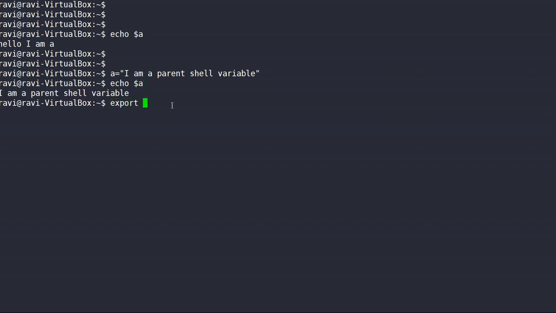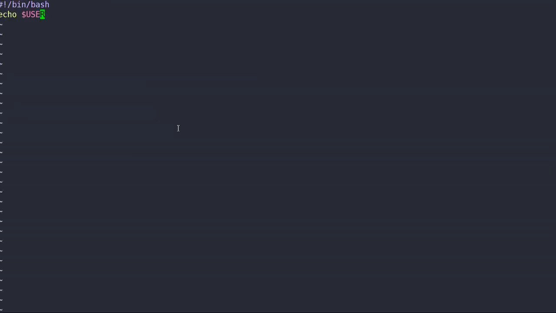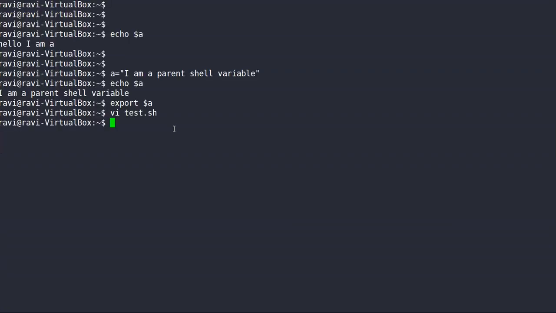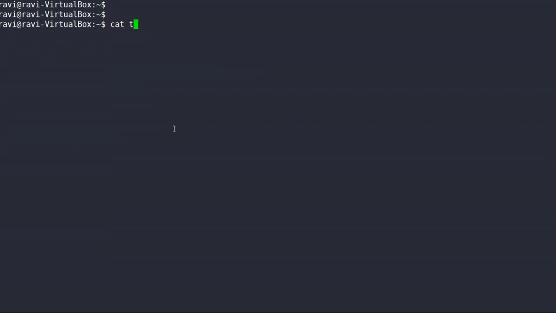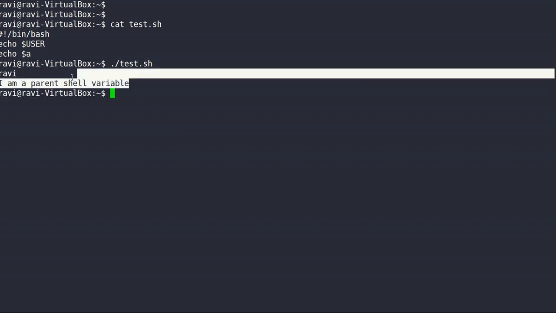Now I want to export this to my child shell, so I can do export a. Now if I execute my child process from here and try to print the value of a, see the output. Running ./test.sh, this variable is visible to me.